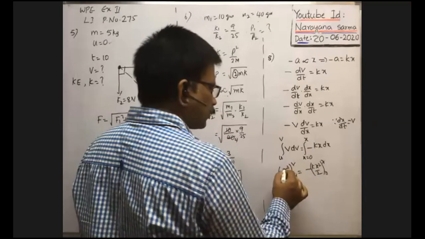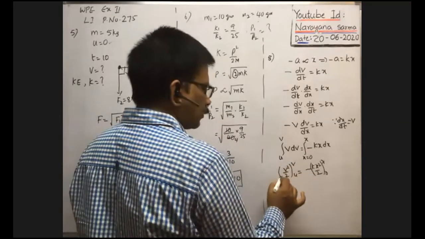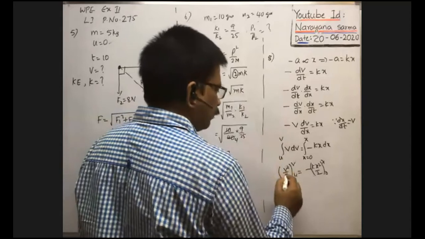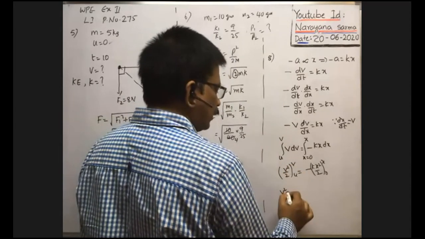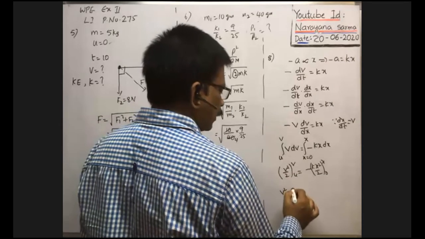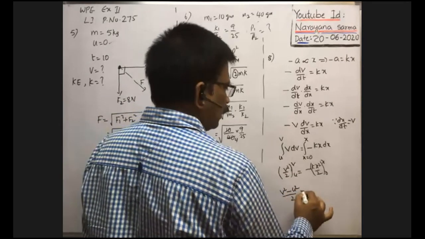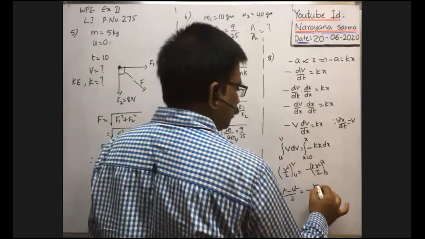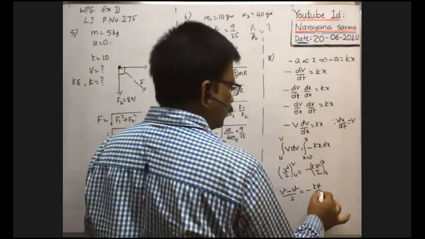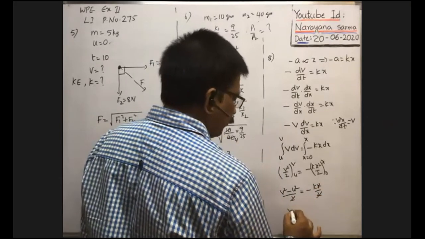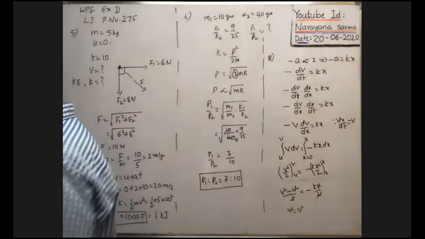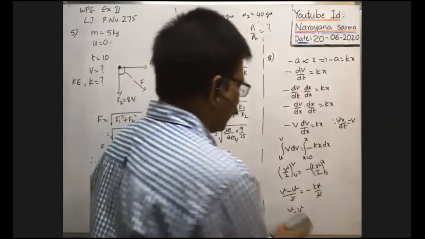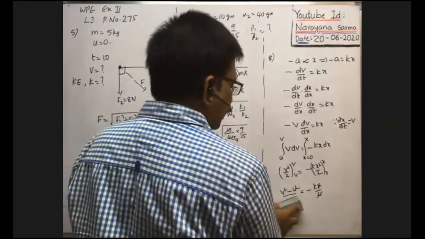Now, when you substitute the limits, first substitute the upper limit. Instead of v, you substitute capital V, therefore v square. Before substituting the lower limit, you put a minus sign, so minus u square, whole by 2, is equal to minus k into x square by 2. Here the 2 cancels now. Therefore v square minus u square. Okay, you do not cancel that 2. You keep it like that only because we need the kinetic energy now.